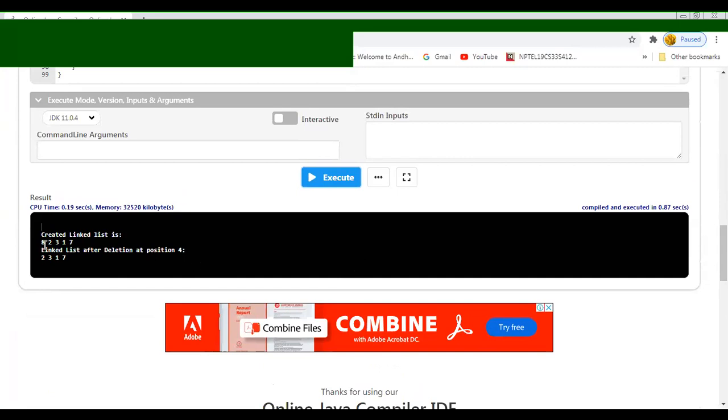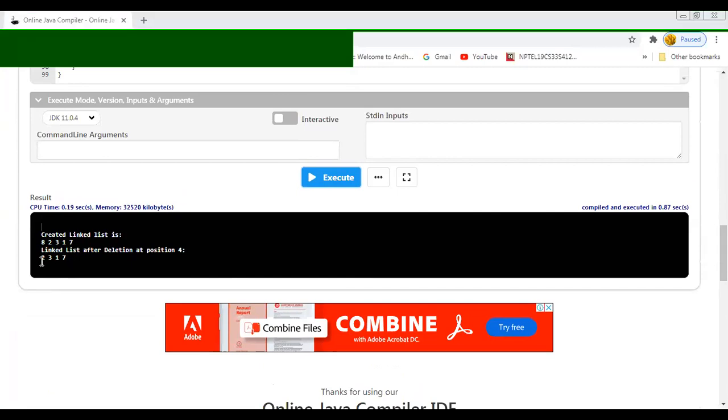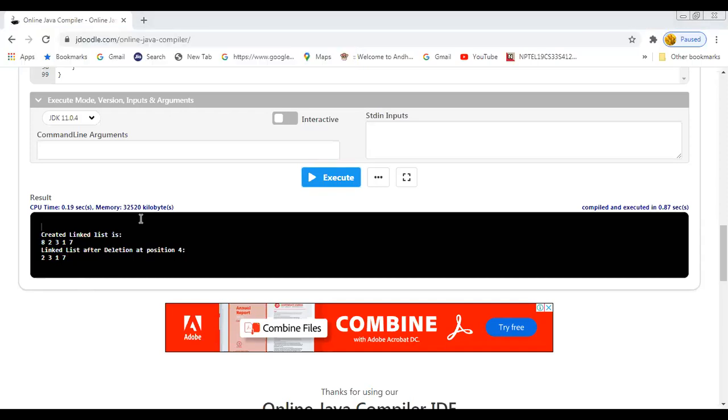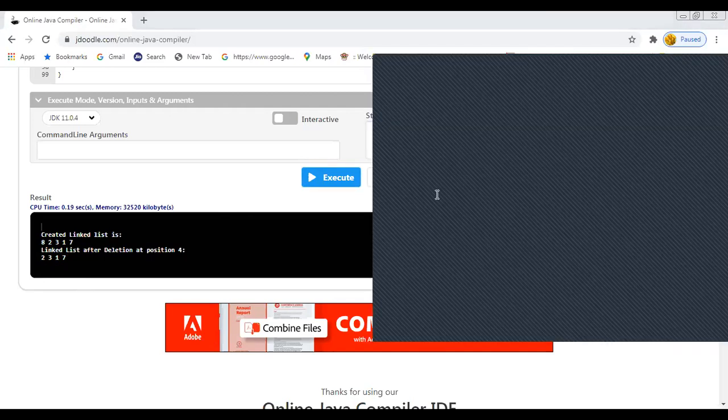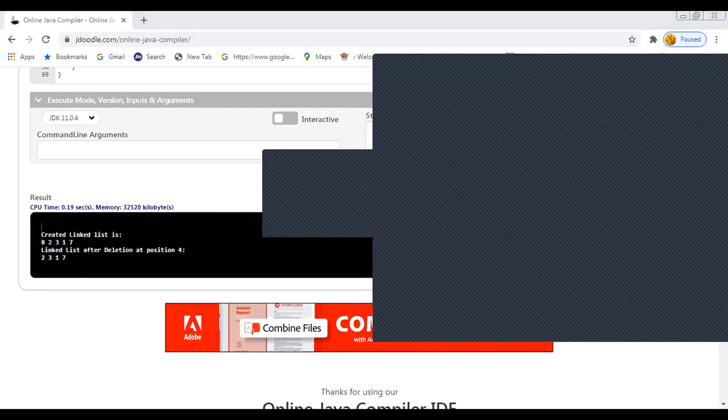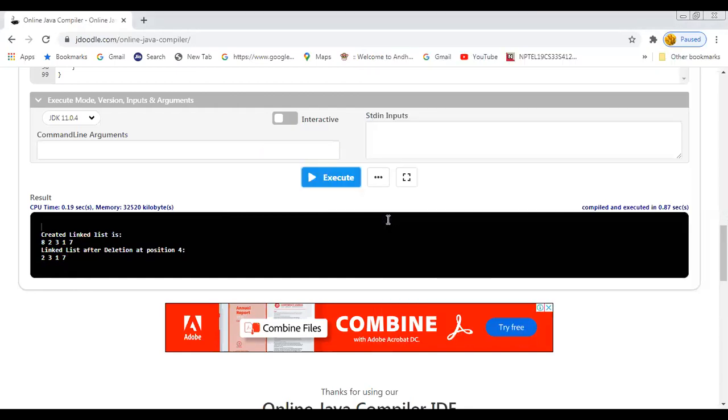Okay. So here the original list is 82317. From that, I want to delete the first node. So what happens here, the first node is 8. If I specify the position number as 0, that is the reason the first element in the list, that is 8, was deleted from it.